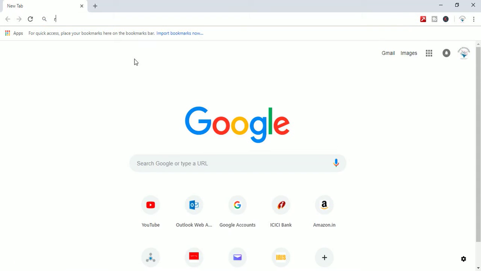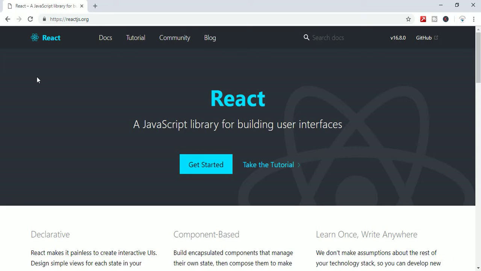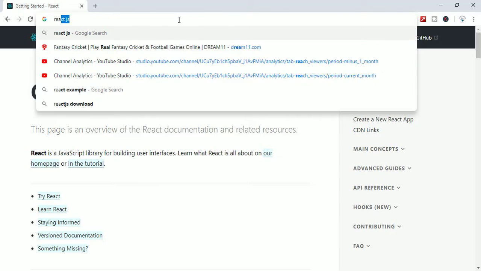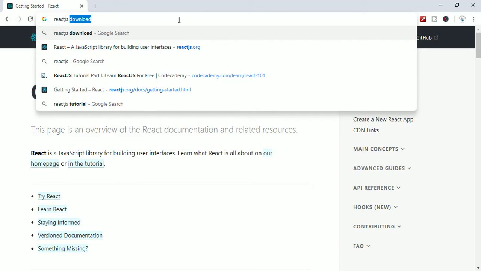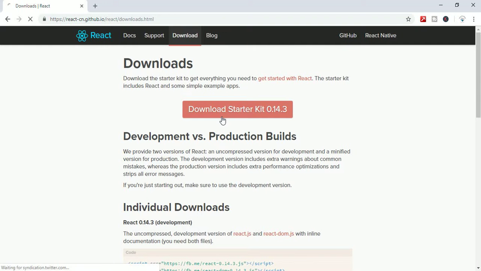search for react.js in our browser. So the first link that we get is reactjs.org. We can go to this react.js. Also, instead of doing this, what we can do is search react.js download, and the first link, we will download this starter kit,